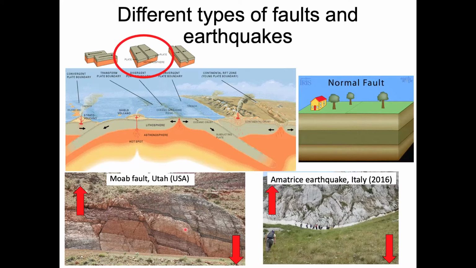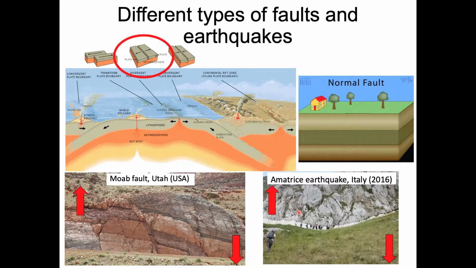Another example of a normal fault is the Amatrice earthquake in central Italy in 2016. So in this photograph, I hope you can all see that there's a pale stripe that comes along the base of this grey rock surface. Now, that pale white stripe is where the grey rocks at the back of the picture have been moved up as a result of the earthquake, whereas the grassy slope in front has moved down because of that earthquake, and has so exposed that extra bit of rock during the earthquake.